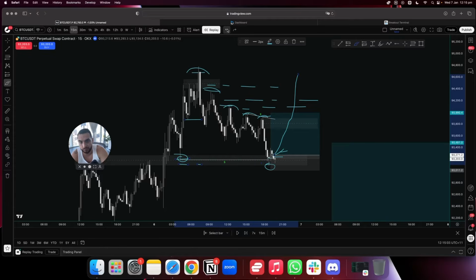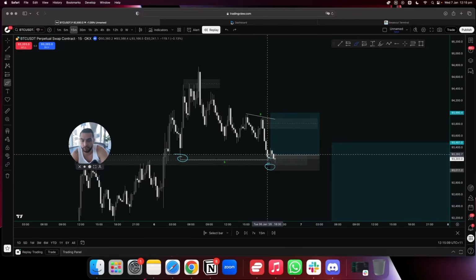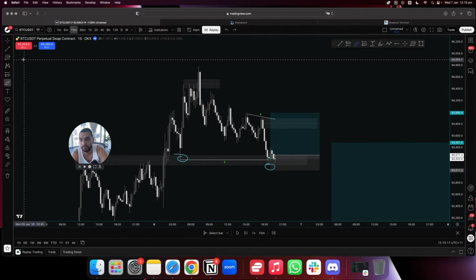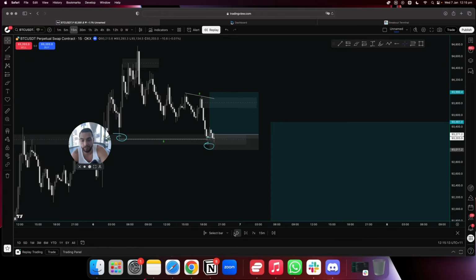Okay, so let me just remove all this mess. Sorry for my drawing. So once that occurred, I'm entering, putting my stop loss, and I'm letting the trade play out. And if we play what happened here, you can see price comes up, and then what we should see,